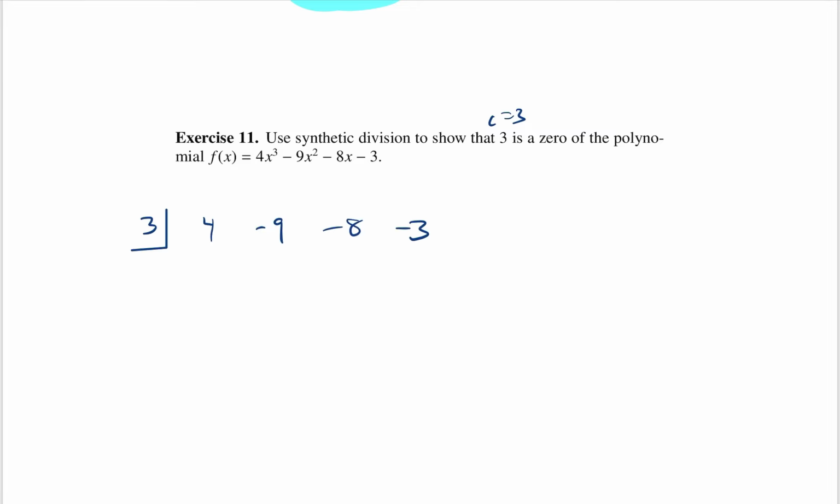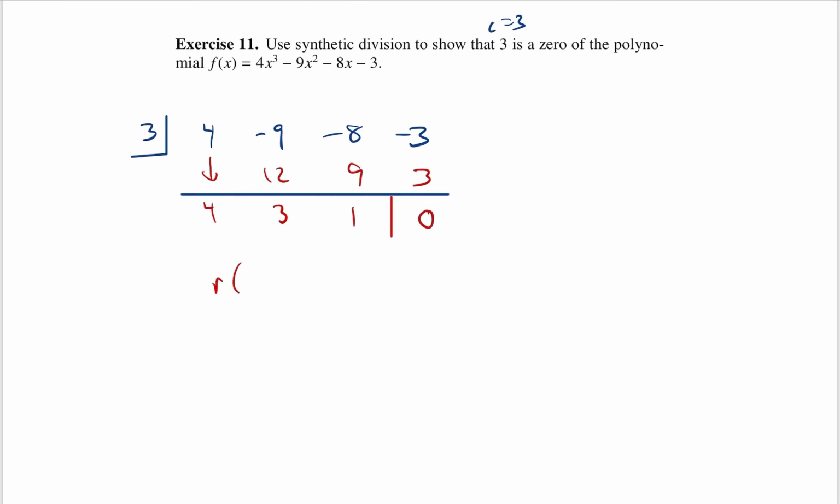This time there are no terms missing, constant, x1, x2, x3, so there's no placeholders needed. Draw our straight line, bring down the first term, and we multiply and add. Multiply, add, multiply, add. And as you can see, our remainder is 0, which means, therefore,